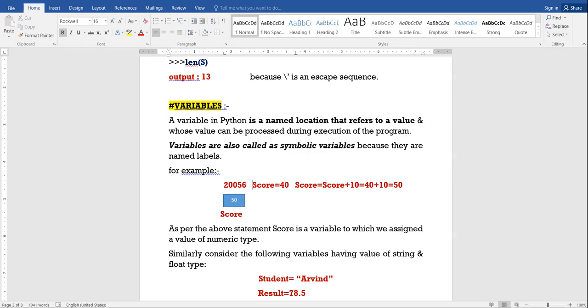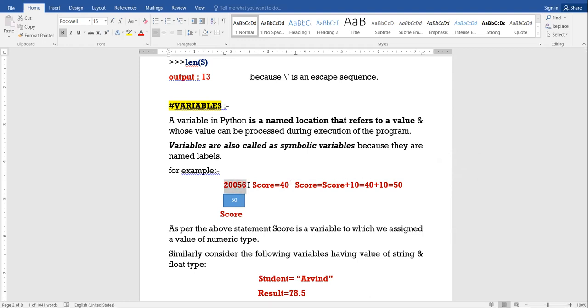In this concept, Python is different from other programming languages. जैसे C++ है, C है. उन लैंग्वेजेस में क्या होता था, उसी एड्रेस पे वैल्यू चेंज हो जाती थी. But in Python here, the value 50 which has come after adding 10 to the existing value, the location is also changed.